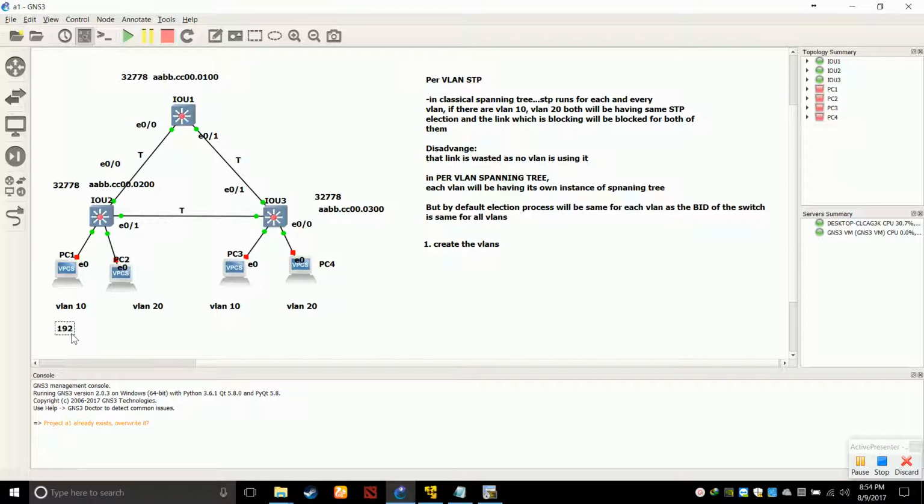I will assign IP addresses 192.168.1.1, and I will keep this very simple: 1.2, 1.3, 1.4. There is no rule that in different VLANs the network has to be different. You can make it different, but you can also keep it the same. Even if it is the same, different VLANs will not communicate. But our aim is that a VLAN 10 PC should communicate with another VLAN 10 PC, right? So I'll go to each and every PC and assign the IP address. But for that, I need to turn them on first.